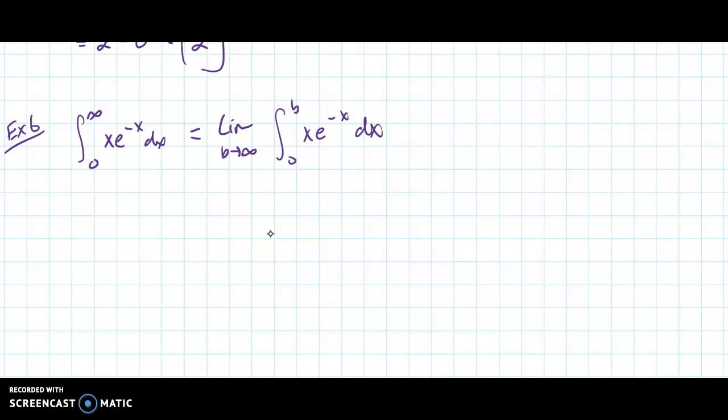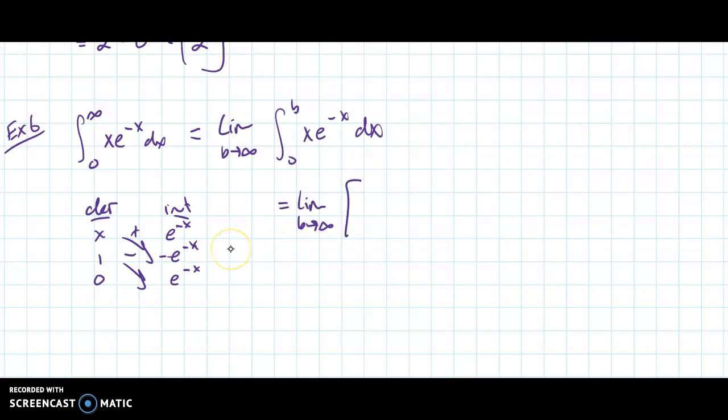And you should say, oh, I got to use integration by parts for this one. So I got to do a dir column and an int column. Dir is x, 1, and 0. Int is e to the negative x, negative e to the negative x, some chain rule there, and then again a positive e to the negative x. Diagonally, plus, minus. So this gives me the limit, don't drop your limit notation, as b goes to infinity of